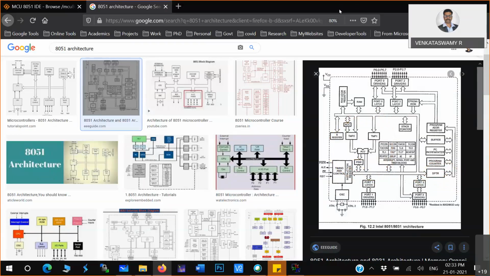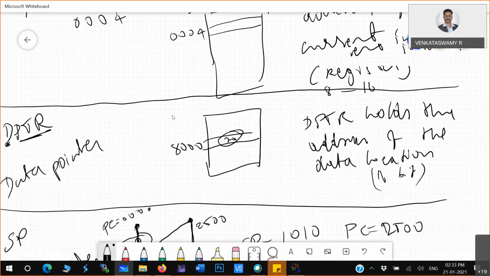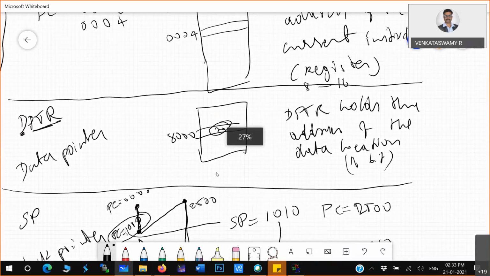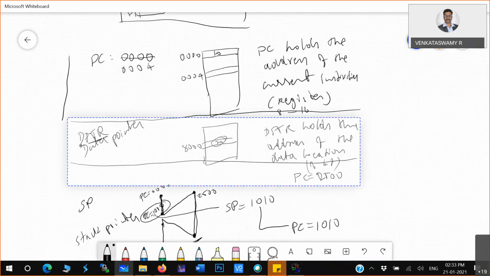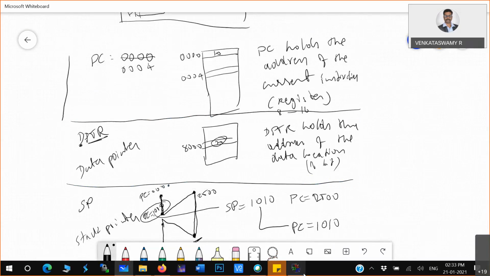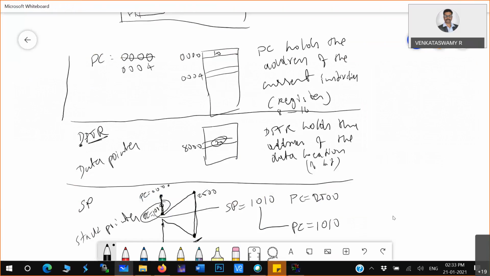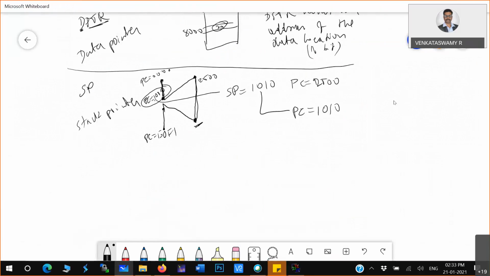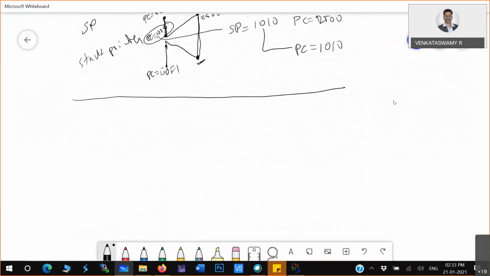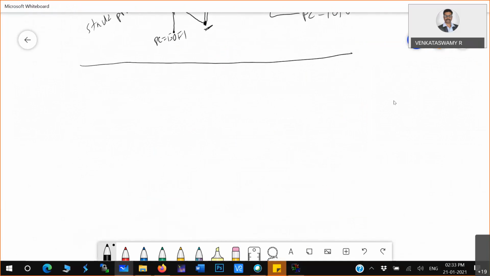So these are some important registers. Now, what will start? I said the program. When it comes to the program, I'll explain in a simple way.